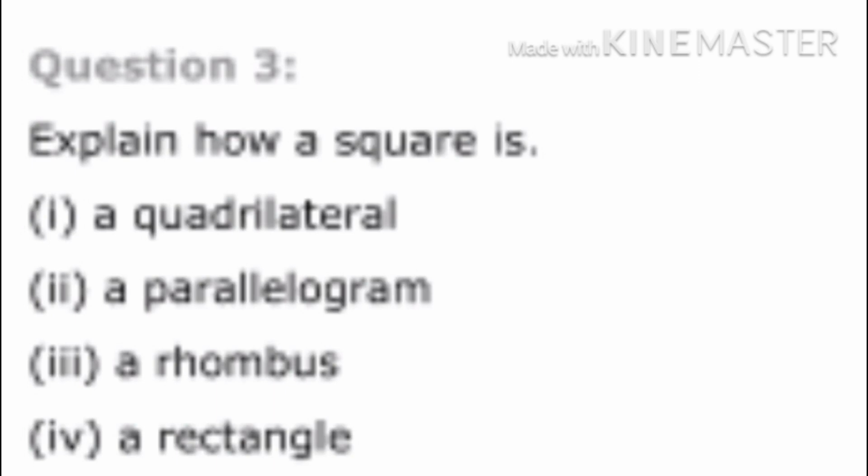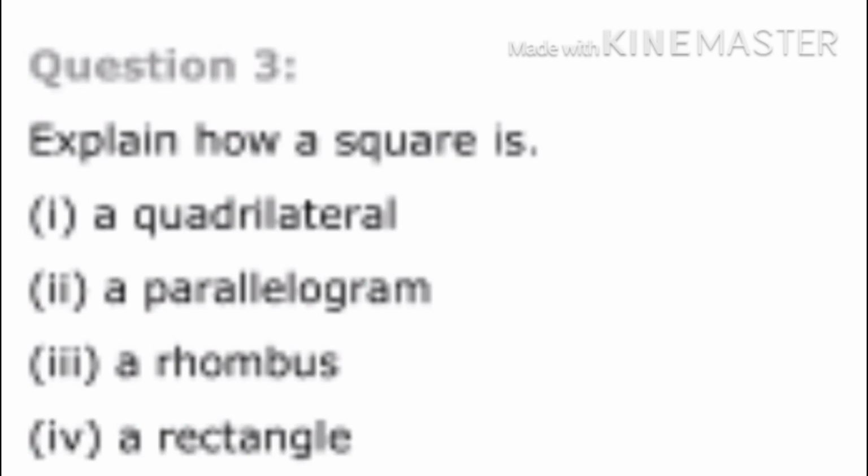Now we will deal with all these questions one by one. First of all, we will know how a square is a quadrilateral. Now a square is a quadrilateral since it has four sides, because all of you know quadrilateral means a figure bounded by four sides. Now square has four sides, so it is a quadrilateral. Now B is how a square is a parallelogram. Now the answer is a square is a parallelogram since its opposite sides are parallel to each other. All of you know that in a square the opposite sides are parallel to each other. So obviously square is a parallelogram.